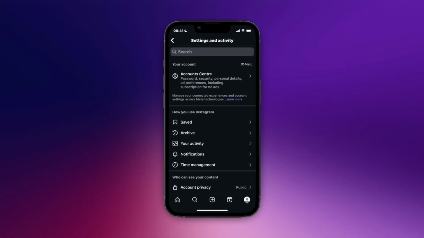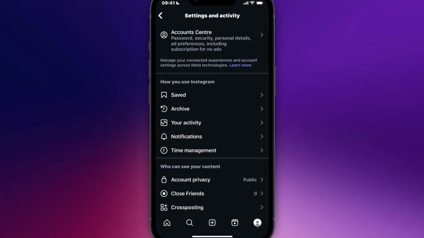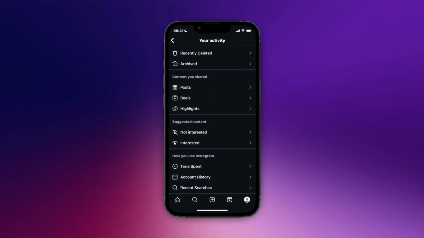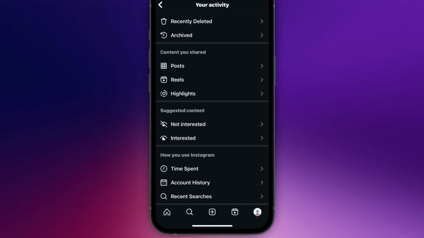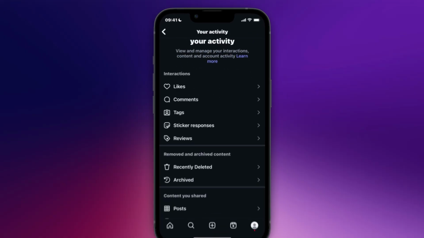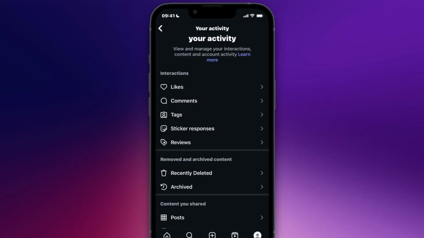Now after that, you just have to tap on your activity and from here scroll down until you see how you use Instagram. Now some Instagram accounts have the option to see the watch history from here, but if you can't see it, what you can do is simply scroll and go to interactions and then